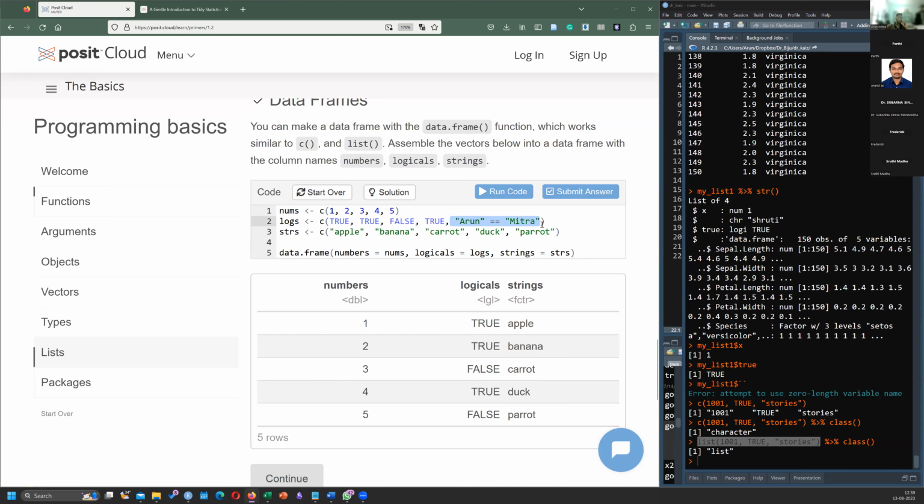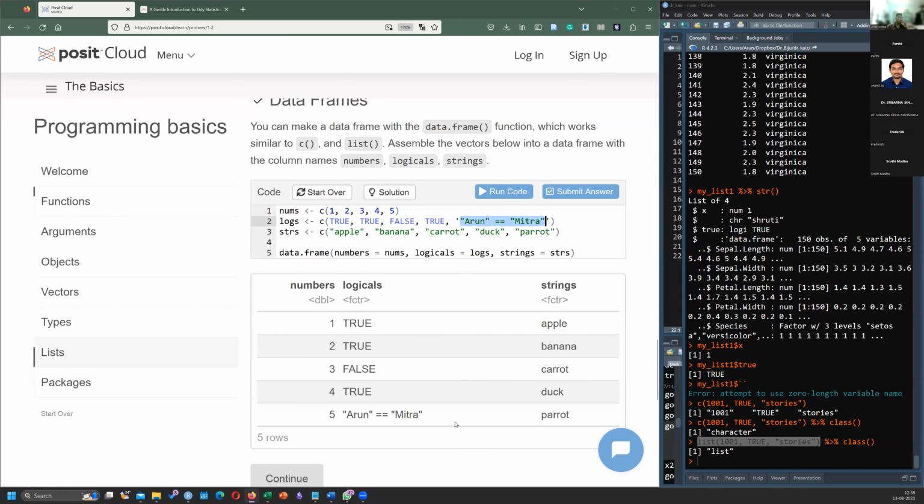So the answer is FALSE. So it evaluated and then put it. If I would have put this whole thing in quotations again, okay. So this is no longer a logical vector. It's a factor now. Because TRUE is one factor, FALSE is one factor, and Arun Mitra is considered to be a string.